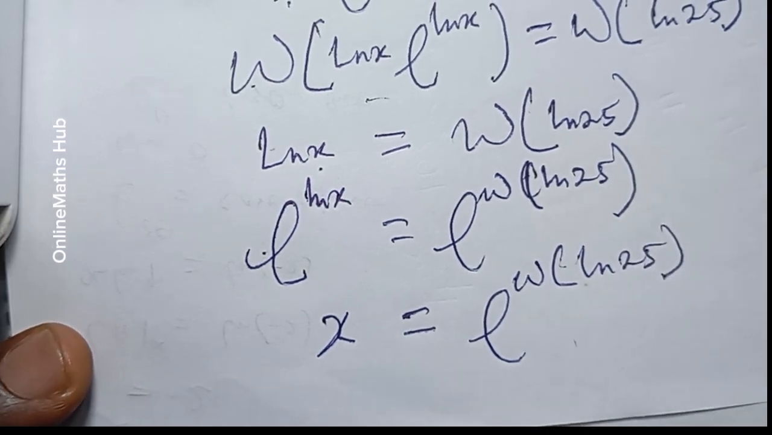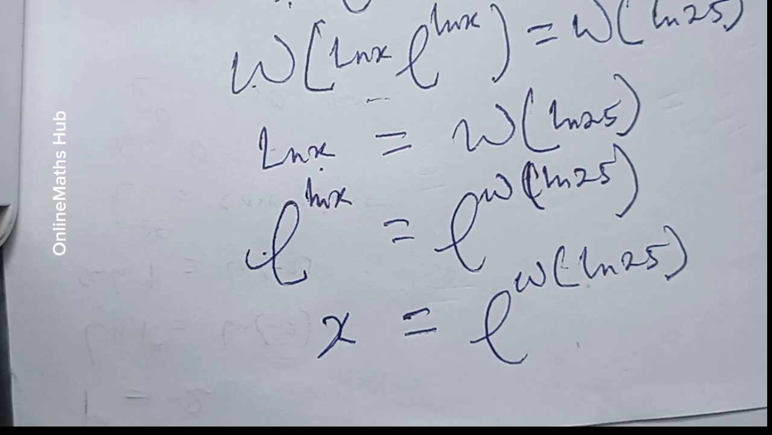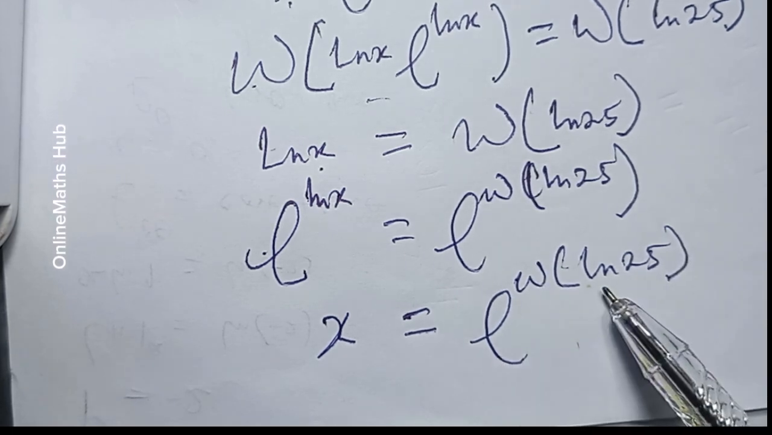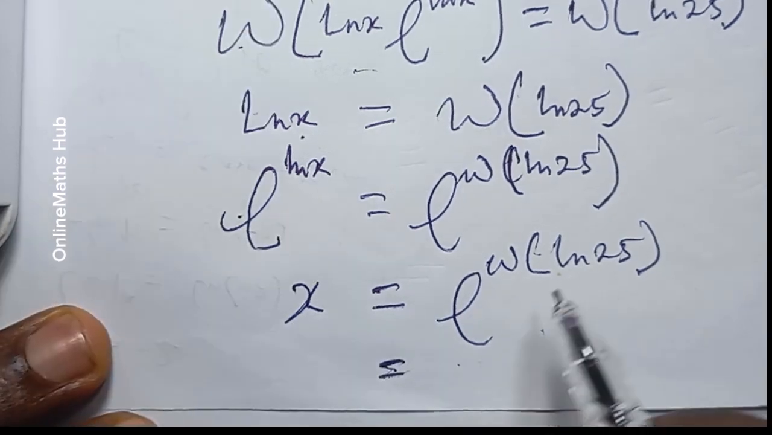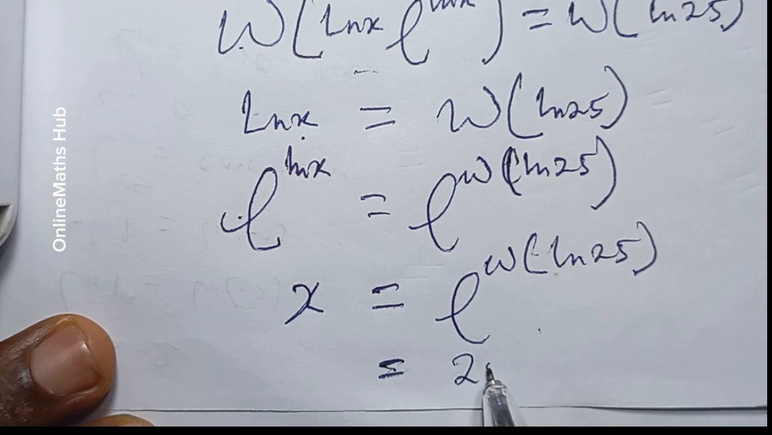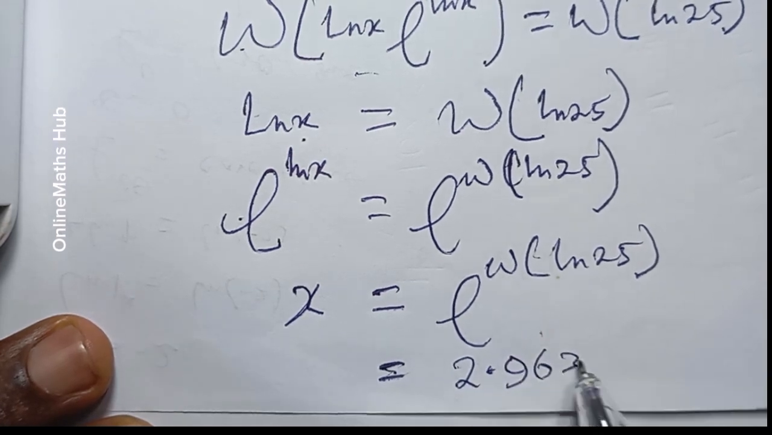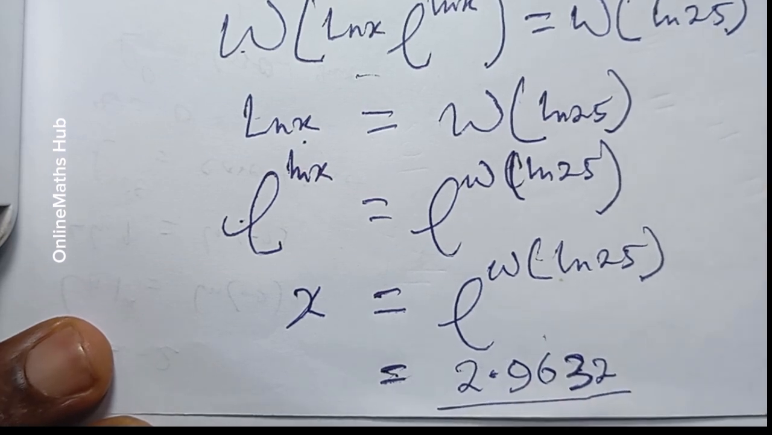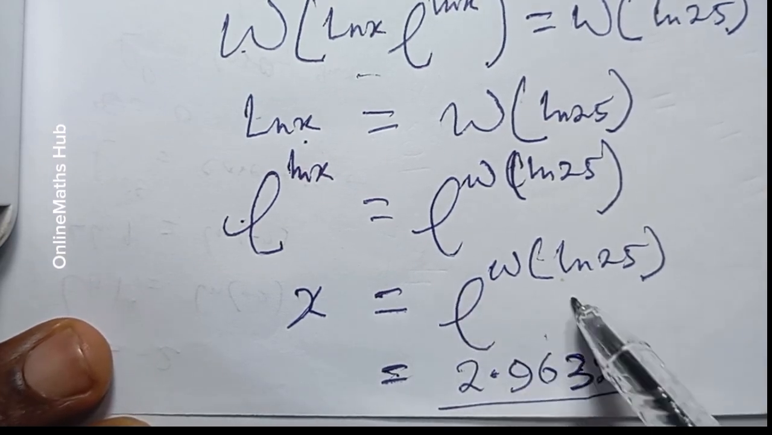This is actually an answer to the problem we are solving, but then you may also want to find out the decimal representation of what x is. So you can move over to wolframalpha.com to find out the value of exponential Lambert W function of natural log of 25. And so when you check it, you're actually going to be seeing that x is approximately 2.9632. Okay, so this is actually the approximate value you are going to be getting if you compute this from